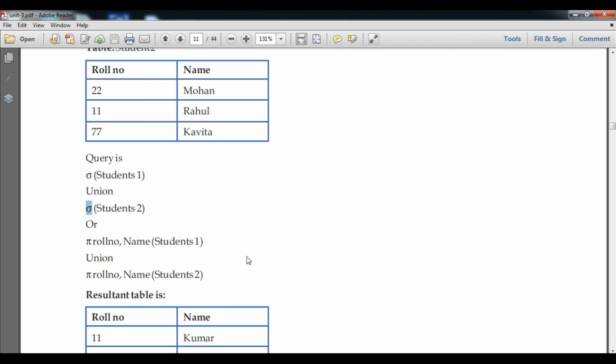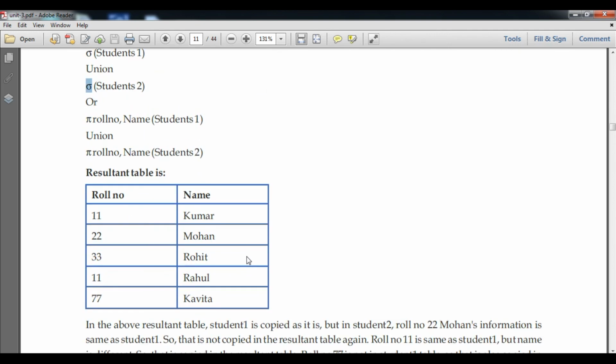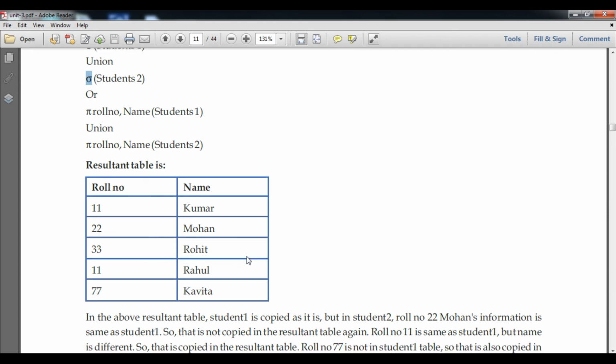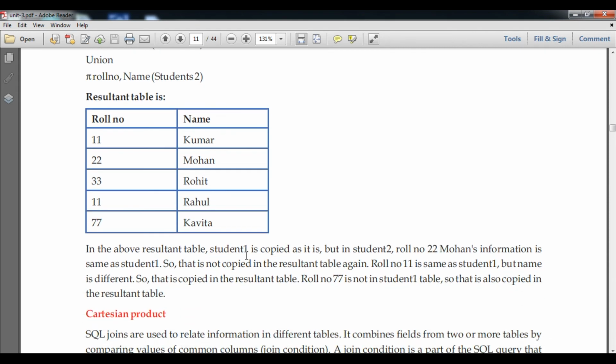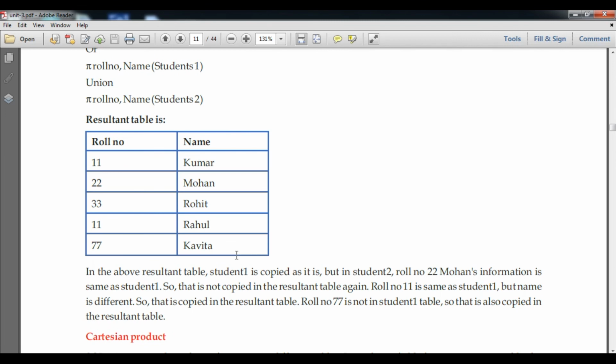Roll number 11 with Rahul is also copied, because Rahul is a different value compared to Kumar. If the same value, roll number 11 and Kumar, were in table 2, it would be avoided by relational algebra.